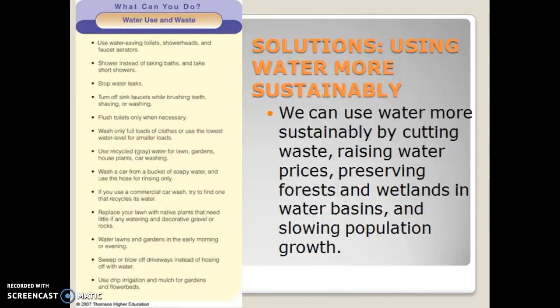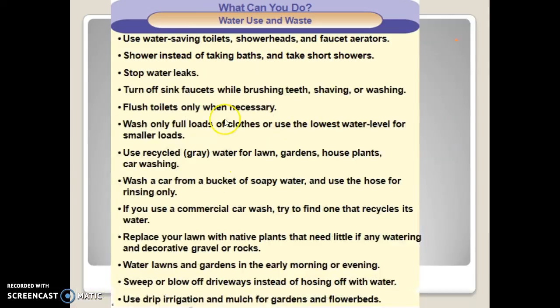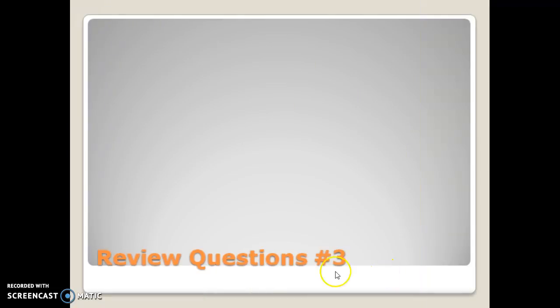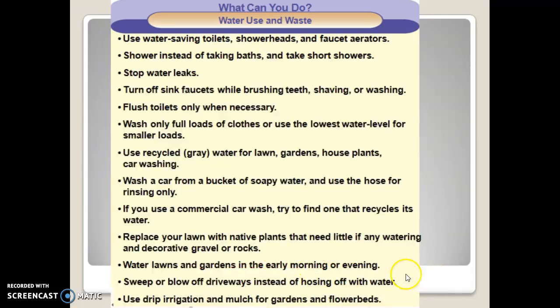So we've talked about how to use water more sustainably and to reduce some of that water loss. Some examples here. We talked about the water saving toilets and shower heads and that sort of thing. We didn't talk about some of the other ones: wash your loads of laundry when they're full. Try to use less water if you're washing your car. Watering in the evenings or during the nighttime. Sweeping instead of washing off your driveways. Things like that. Some things that just seem kind of simple or that we just don't really think about or that you might already be